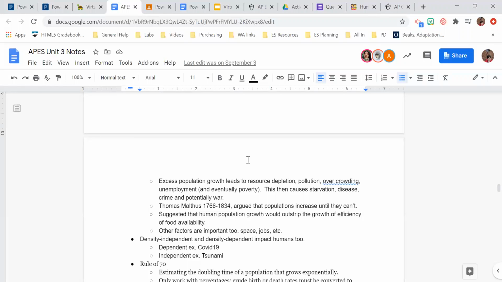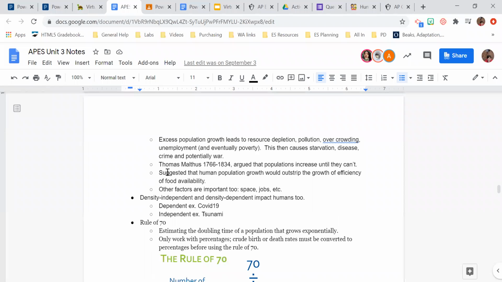If you have too much pollution and not enough resources, you're going to end up with disease caused by that pollution. Not having enough resources like food is going to lead to diseases of malnutrition, but it could also lead to starvation. So a lot of these things are really closely connected. Overcrowding can also lead to disease. That's the whole reason, right, for COVID, we have to stay 6 feet apart and have hybrid school and stuff, because with overcrowding, we would get more transmission of disease.